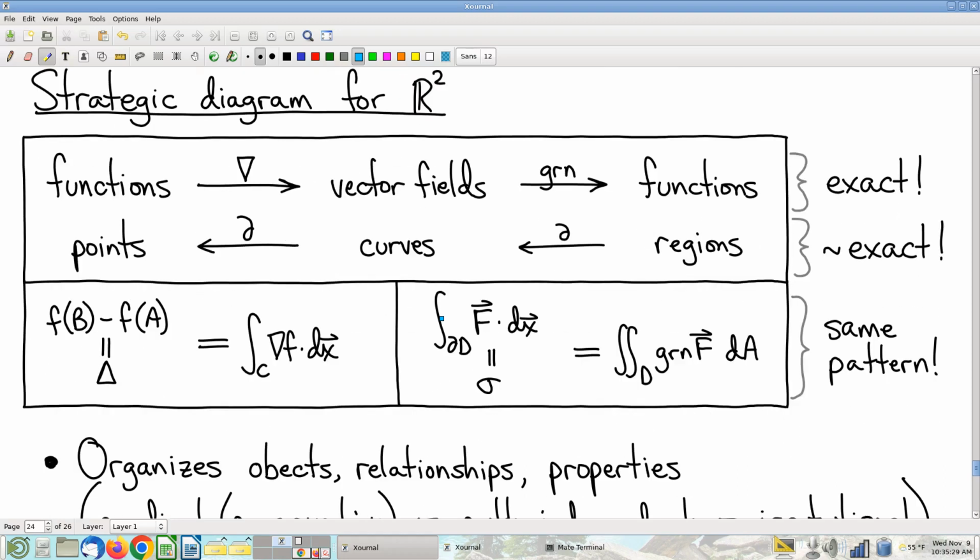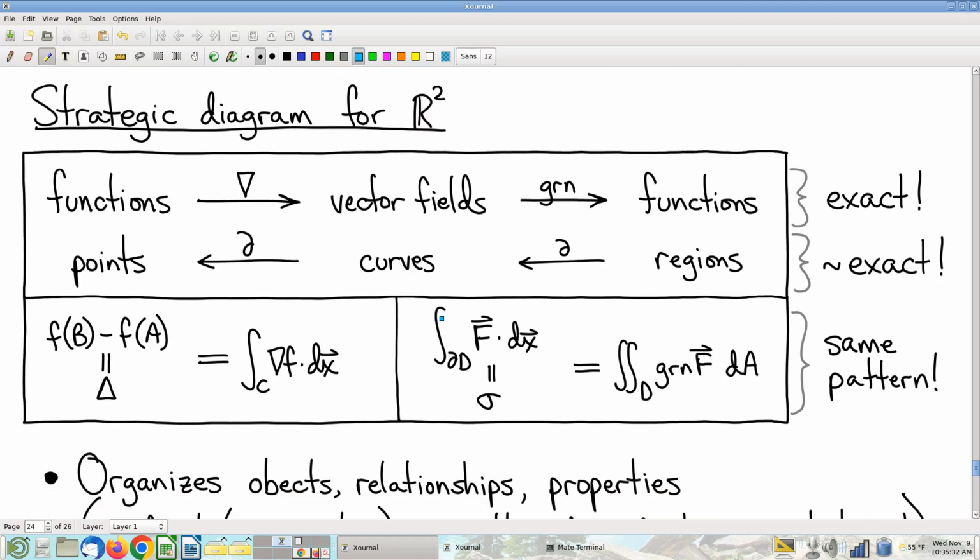Okay, so we've talked about a bunch of ideas in 2 dimensions at this point. In R2, a bunch of ideas. I want to try to put them in order, in a usefully organized order. And so I have what I like to call the strategic diagram for R2. I want to first tell you where I got this from. You may recall I've mentioned previously that there is a more sophisticated point of view on all of this that we just can't talk about here. It's too much. Differential forms and chain complexes and cochain complexes,